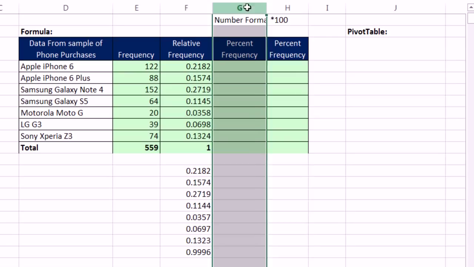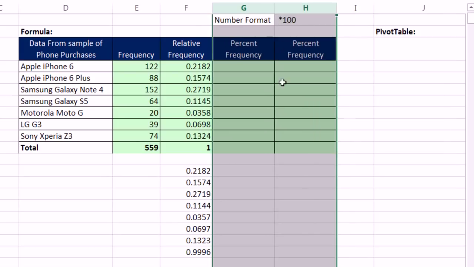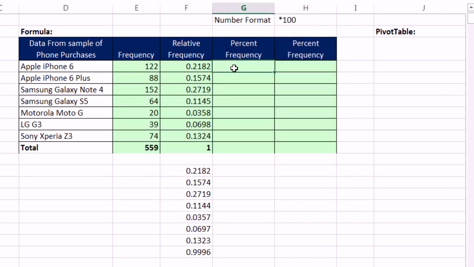Now I'm going to highlight both columns. And with both of them selected, I'm going to click and drag so I have enough space for the number formatting. All right. Now, percent frequency, when using number format, that's the way I prefer, because then we can use any of these numbers freely in any subsequent calculation. We saw a great example back in week 1 of why this method is useful. So if I'm going to use percent number formatting based on this decimal, I'm not going to recreate the whole formula. I'm just doing a relative cell reference, Control Enter, and copy it down.